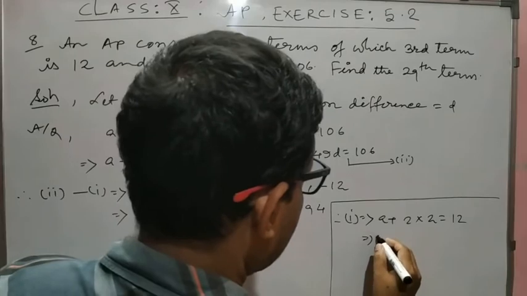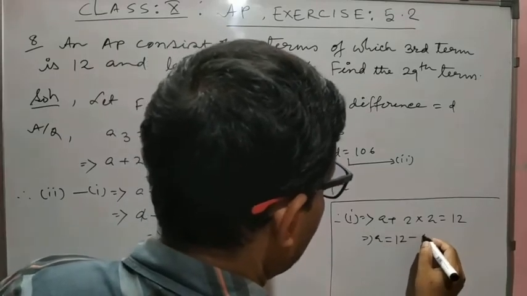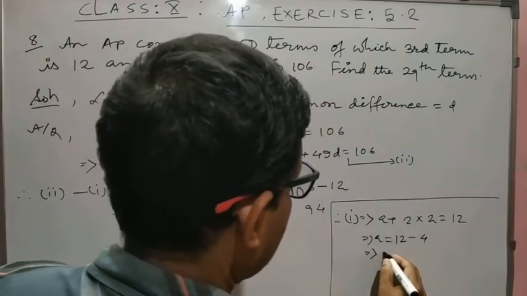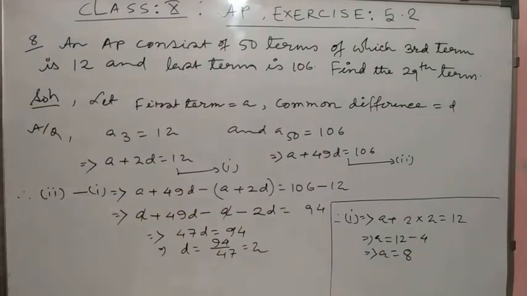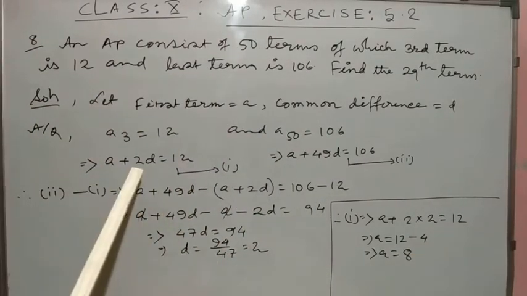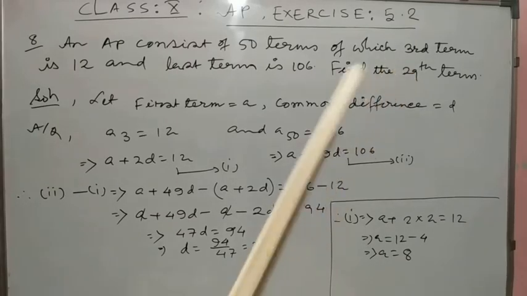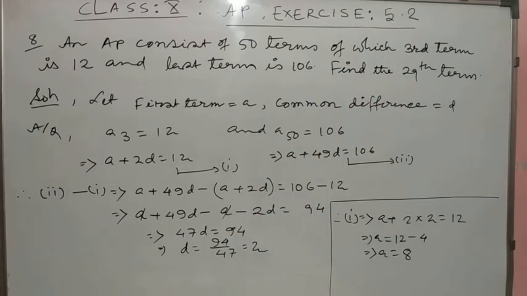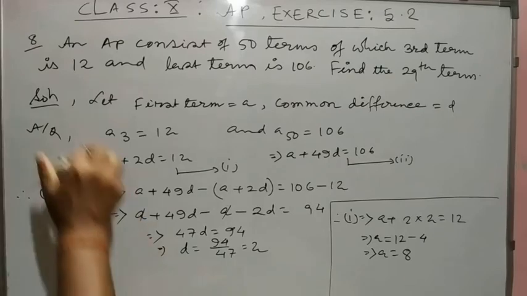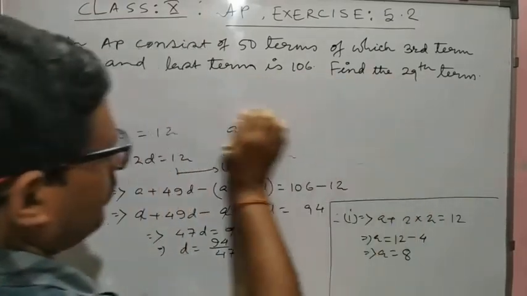This implies that A equals 12 minus 4, so A equals 8. Now we have to find the 29th term, therefore A29 equals